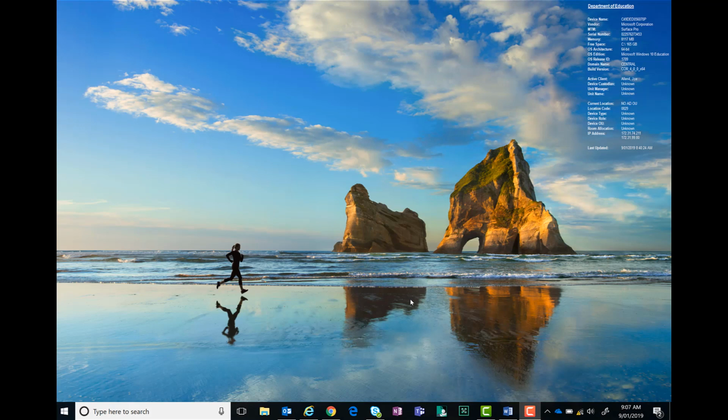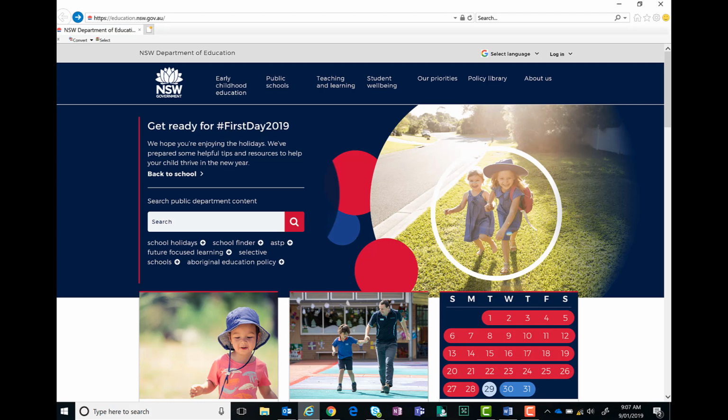The screen sharing function in Adobe Connect is one option that all teachers have access to. It's easy to set up and it's free. The first thing you need to do as the teacher is create an Adobe Connect meeting room, which your student will join. To do this, you'll need to visit